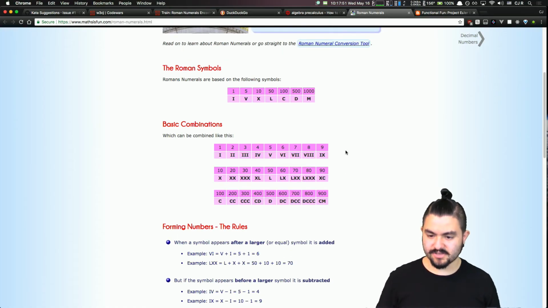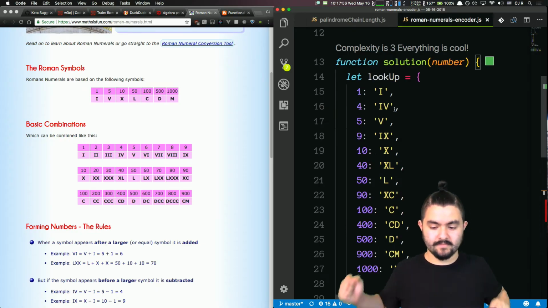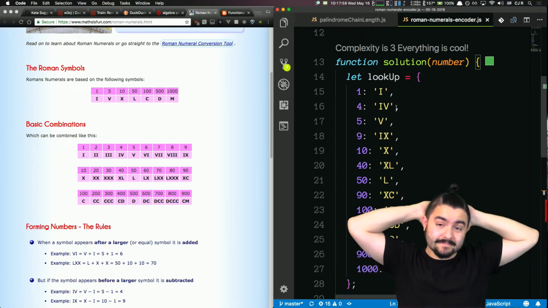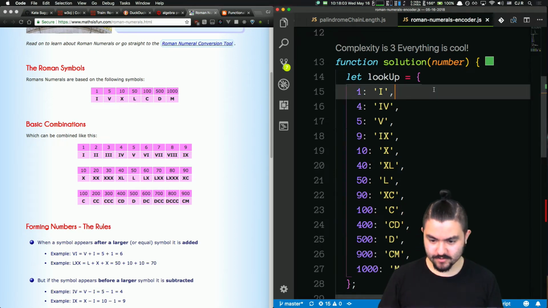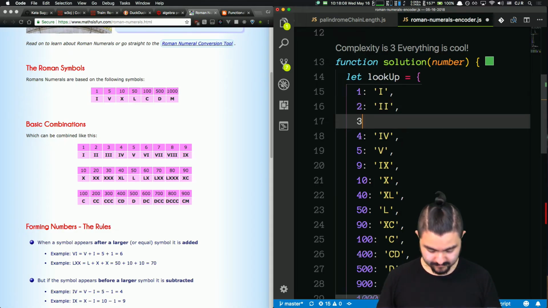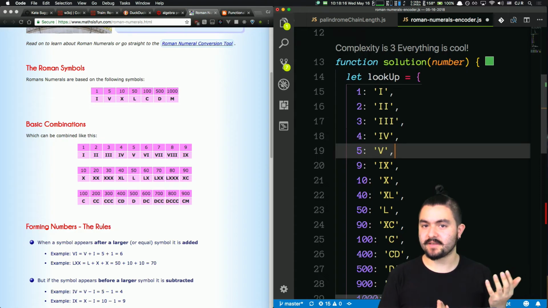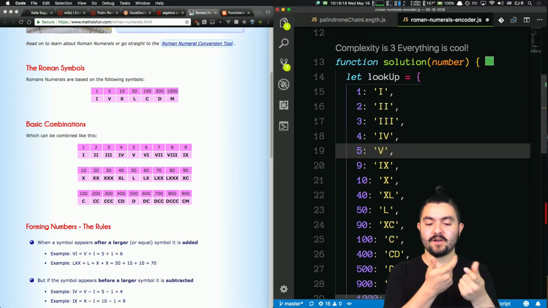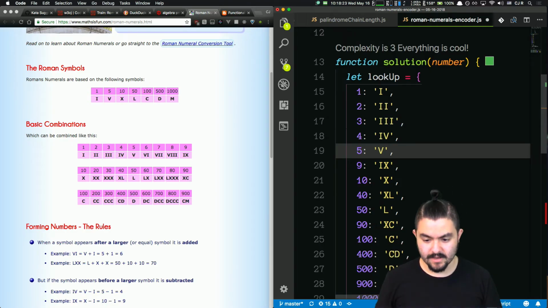Cool. Let's just use this lookup. I don't feel like it's cheating because it's getting late. Okay, so 1, 2, 3, 4. And I guess the idea is once I have this lookup table, it's just a matter of math to figure out what are the different places in the number that they give me, and then I look them up in this table. So 5